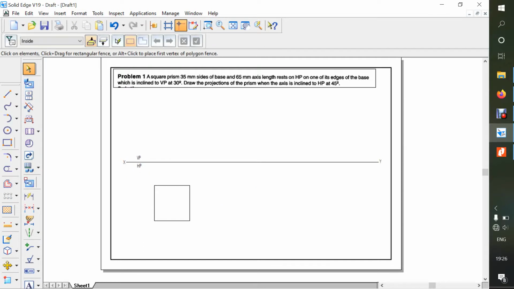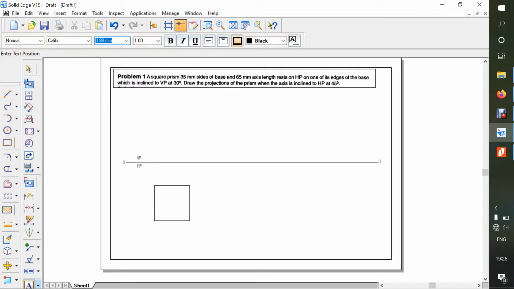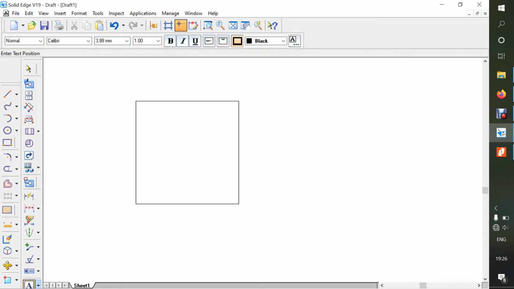So now you have to name the things, what are the edges. So now take the text and just zoom this area and go here. We'll always take the resting edge to the right side of the viewer. So we'll start from here.